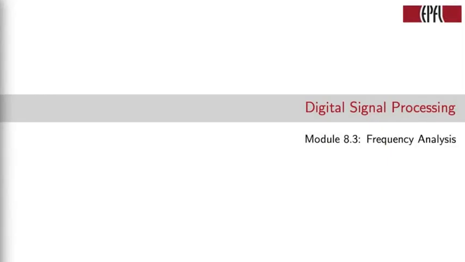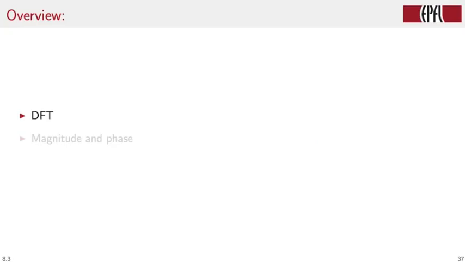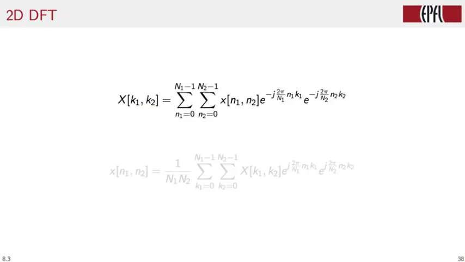Hi and welcome to Module 8.3, in which we will apply frequency analysis to digital images. We will first define the DFT for two-dimensional signals, and then we will look at the amount of information that we can extract from the magnitude and the phase of the DFT of an image. Fourier analysis of two-dimensional signals can be developed exactly as we did for the one-dimensional case. Since here we're concerned mostly with digital images, namely finite support two-dimensional images, we will only review the definition of